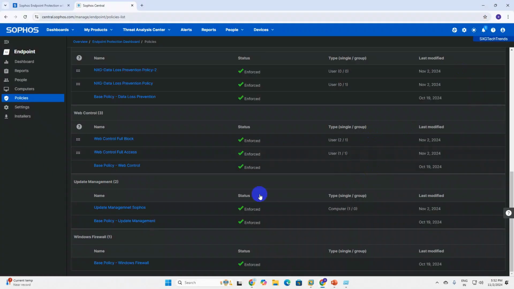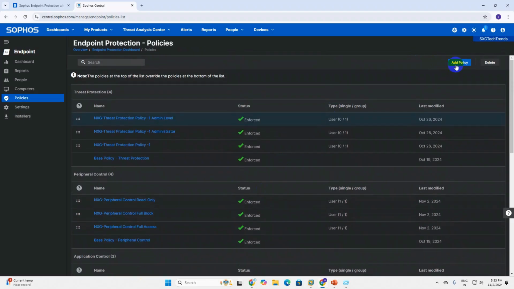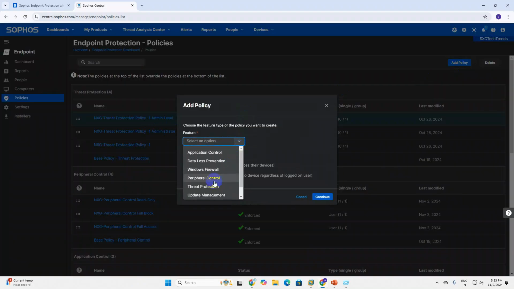So let's start. How to create a Windows firewall policy on Sophos Central. Scroll down and scroll up, click on add policy, and select the policy name Windows firewalls.